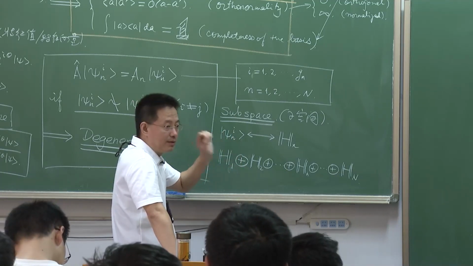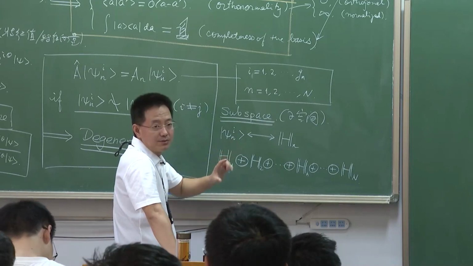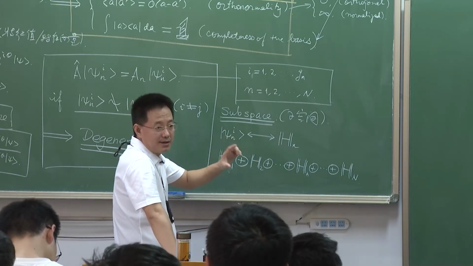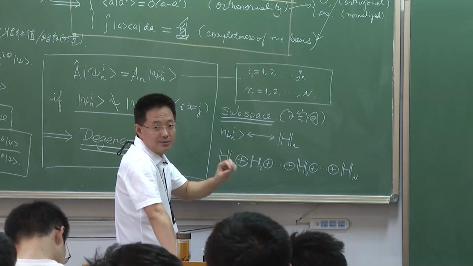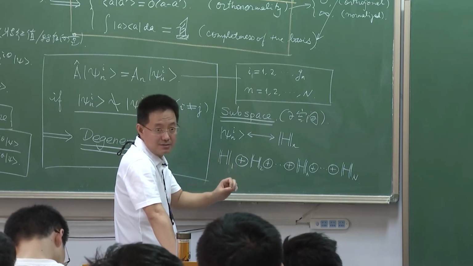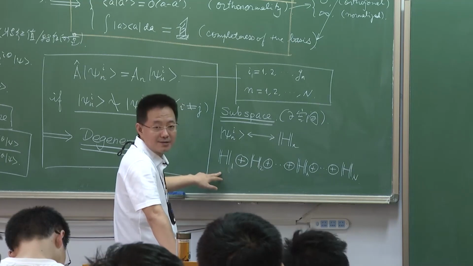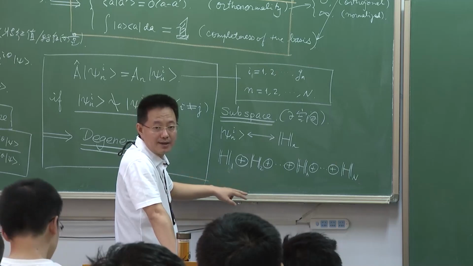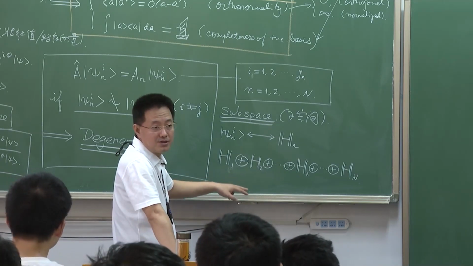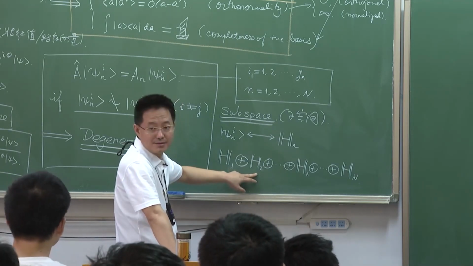But if you have one eigenvalue but several corresponding eigenstates, that means it is degenerate. For the non-degenerate case, the dimension of that subspace is only one-dimensional. But for the degenerate case, the dimension for each subspace is